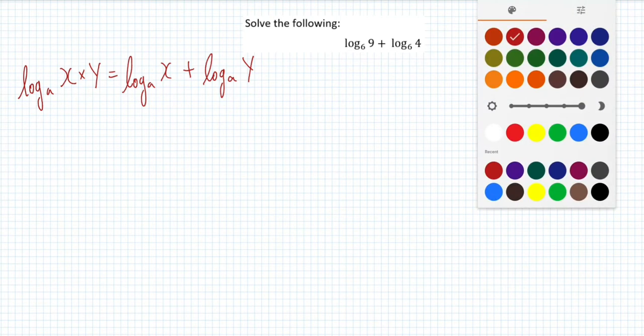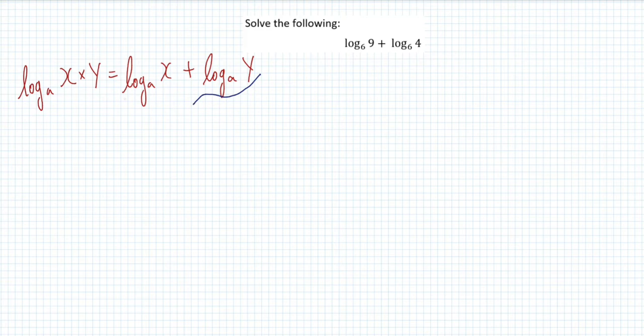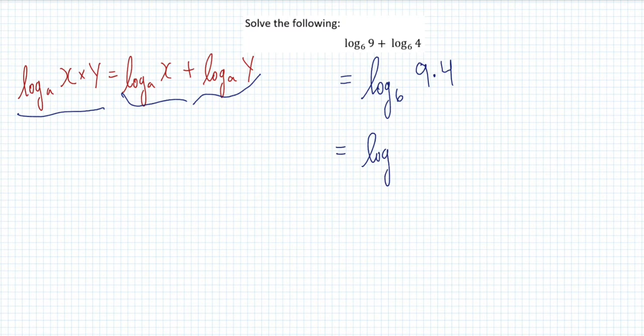So basically we have something that looks like this, and we want to get it to something that looks like that on the left. So we can rewrite this then as log base 6 of 9 times 4, which we know is log base 6 of 36. Okay, so per our proof on the left, we can rearrange that log expression to look something like that. Now,